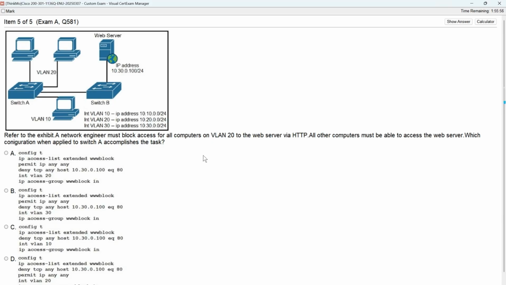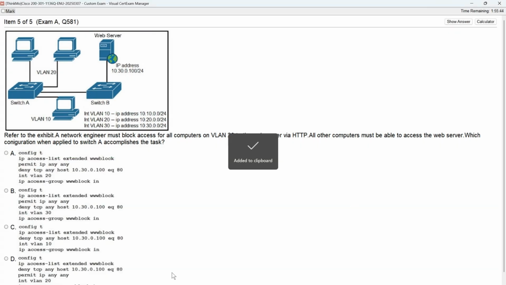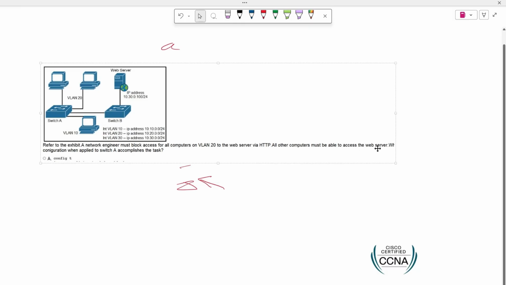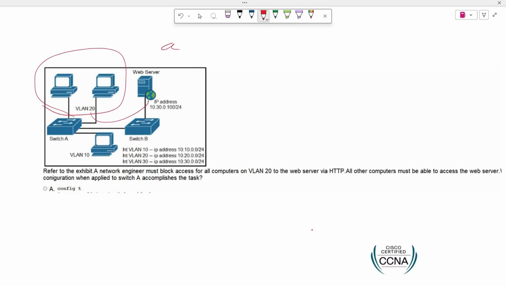It asks us, the network company wants to block VLAN 20, which refers to the host above, to block all hosts in VLAN 20. These two hosts here. Let's first take a screenshot of this diagram. It says, the network engineer wants to prevent VLAN 20, that is, these two hosts, from accessing the 10.3.30.100 network,